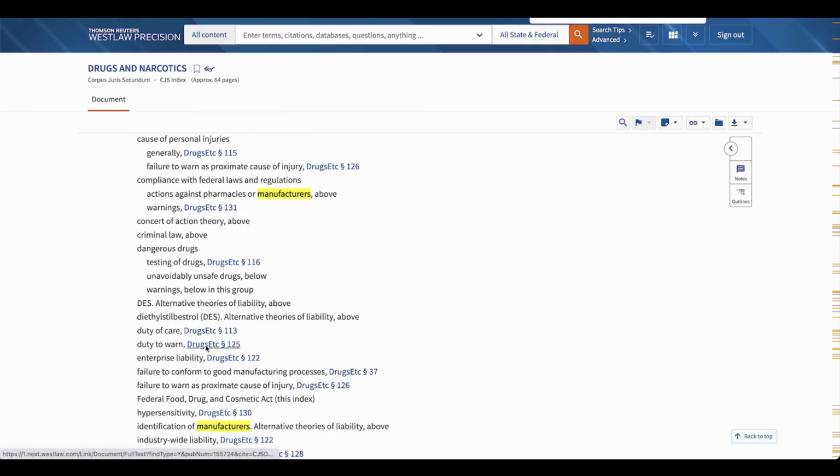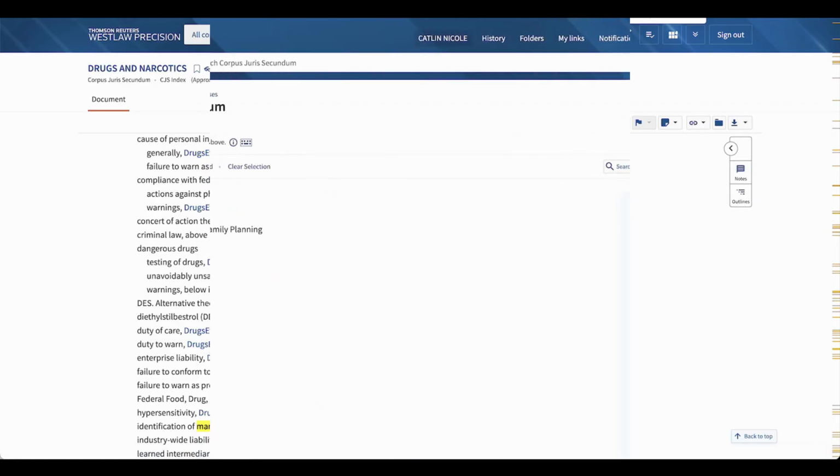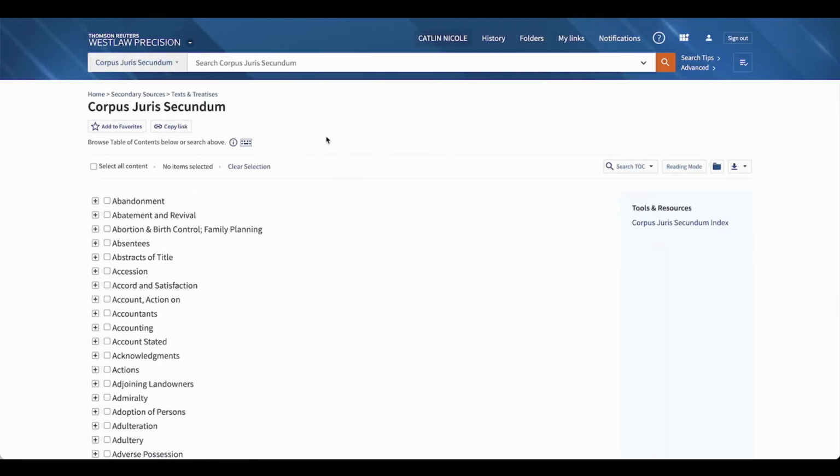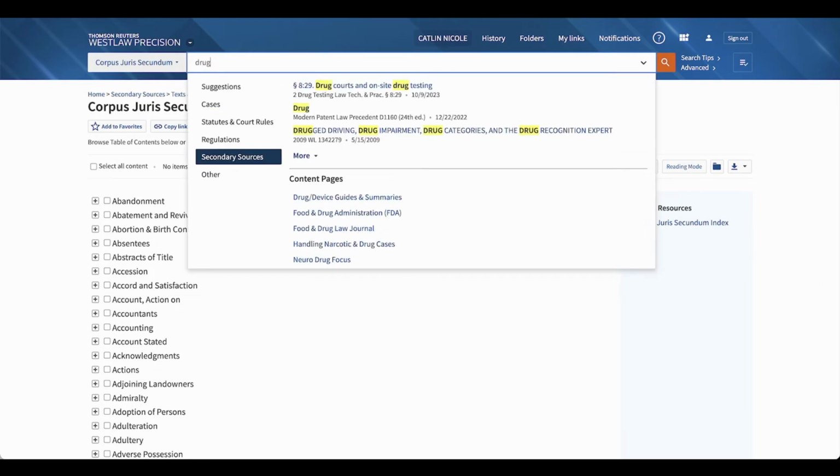You'll see that I can also run a search at this point, and it will only search through the index topics. And last, you can run a search within the encyclopedia. This can be helpful if you're not sure where your research issue would fall in the topics of the table